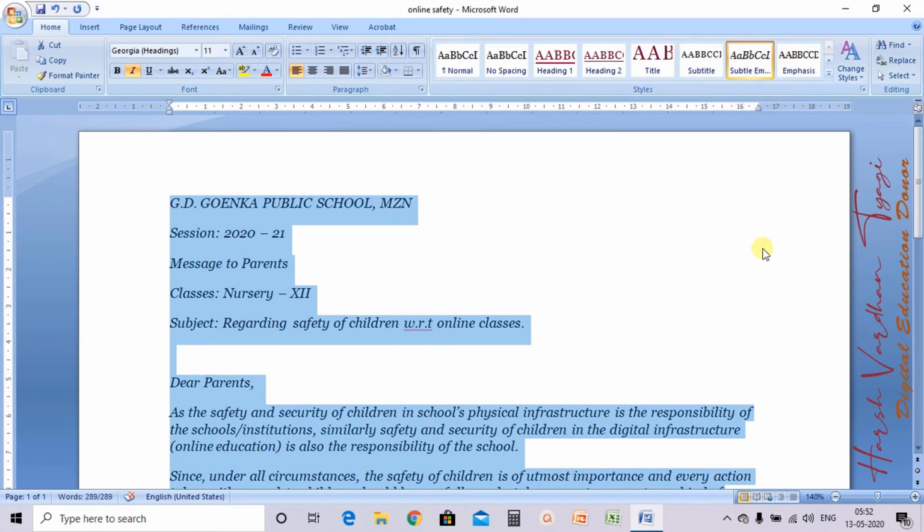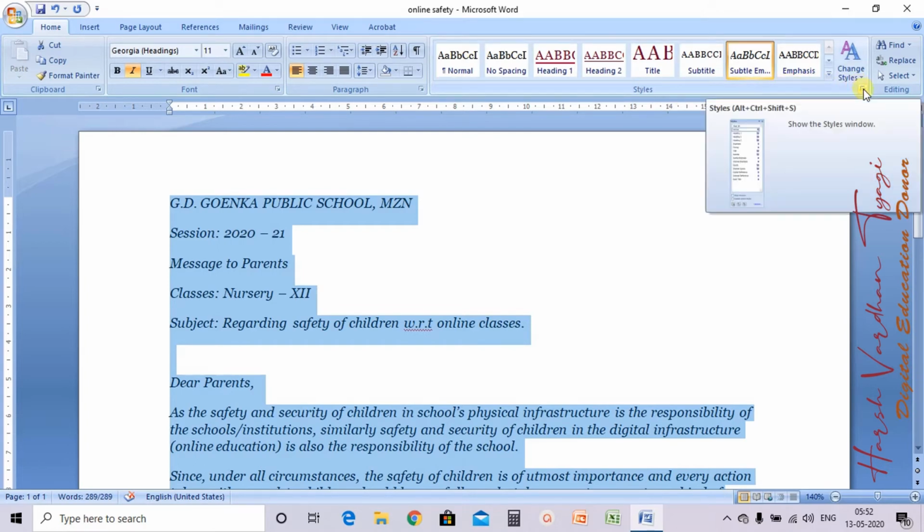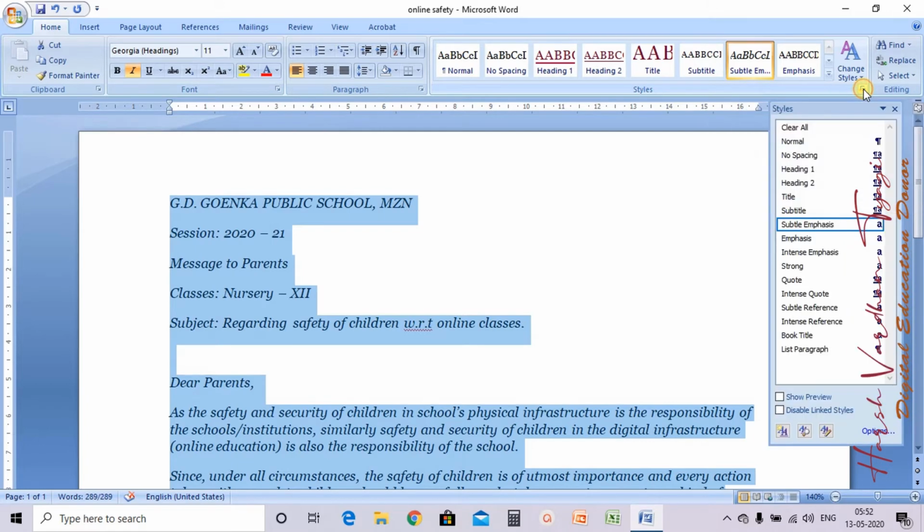Fine. Now I am talking about how there are some built-in styles, so the question can come to our mind: can we create our own style? And the answer is yes. Now how to create our own style? For that you need to go to the Styles group and click on this pop-up button. That will give you a pane here. In the last there are three options: Manage Styles, Style Inspector and New Style. So click on this New Style option.